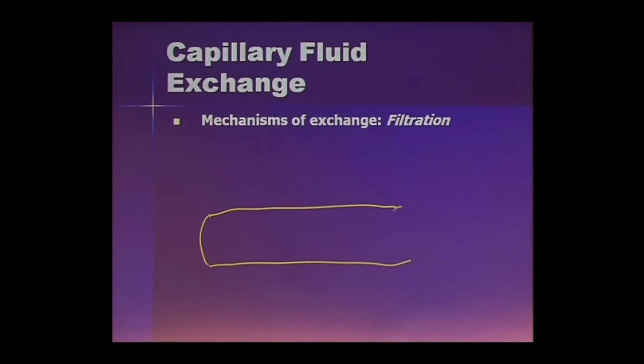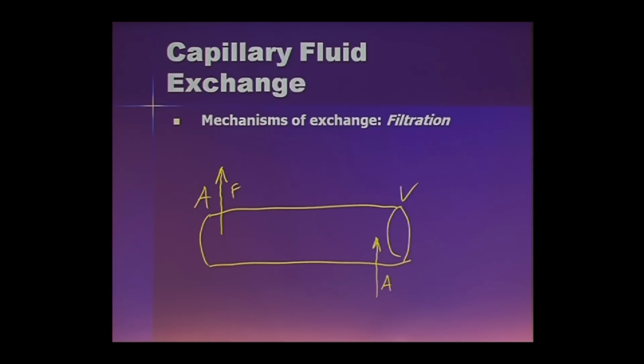Let's say we have a simple drawing of a capillary. This is the arteriolar end, and this is the venular end of the capillary. What typically happens is that at the arteriolar end you have net filtration, meaning net fluid is leaving the capillary, and on the venular end you have net absorption. Because you filtered a lot of fluid here, by the time you get here you have lost fluid, so you pick up fluid on the other end. Kind of a simple thing. I'm not going to go into details.